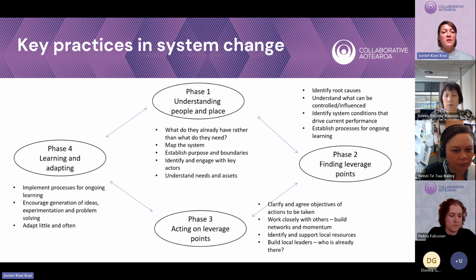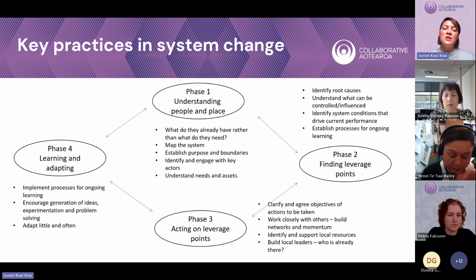And it might not be that there needs to be a whole lot of new initiatives that are designed in a certain place, but it very well is likely that they need to be tweaked or thought of in a different way, or maybe the script needs to be flipped. So it's coming from a whānau perspective rather than a healthcare perspective.